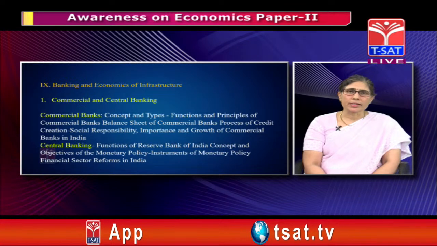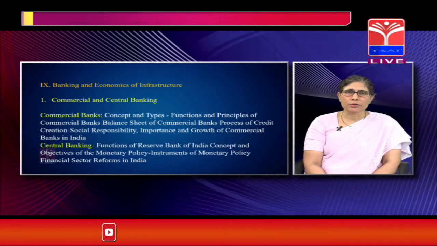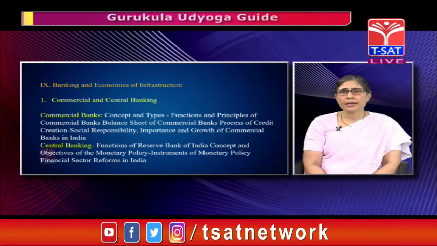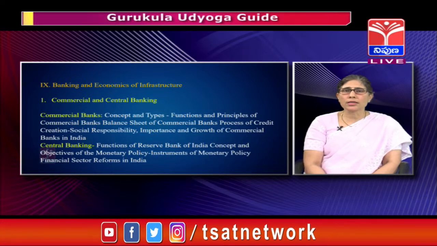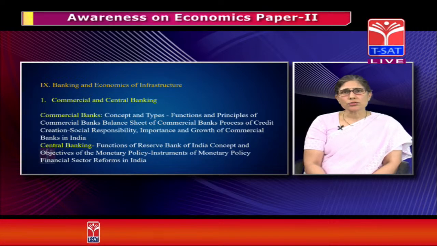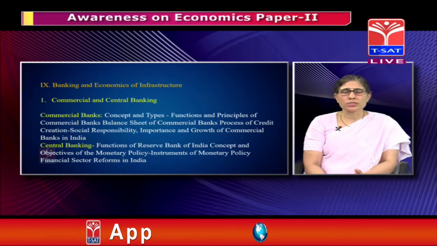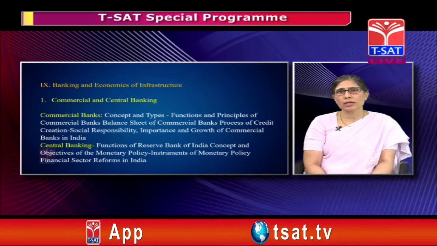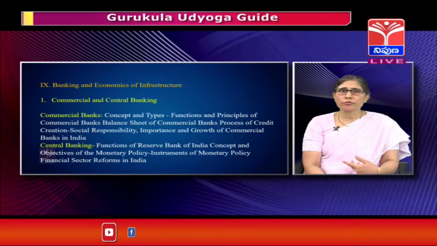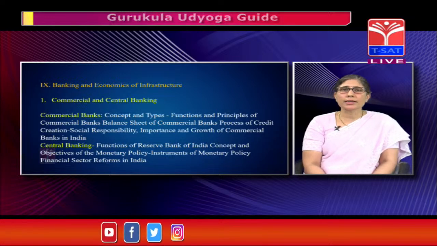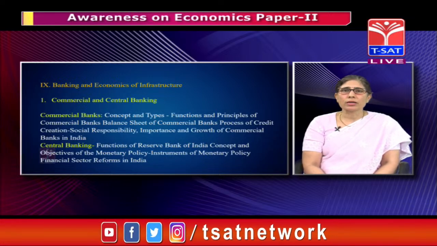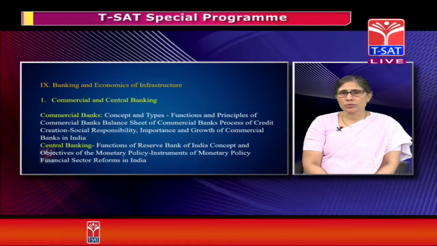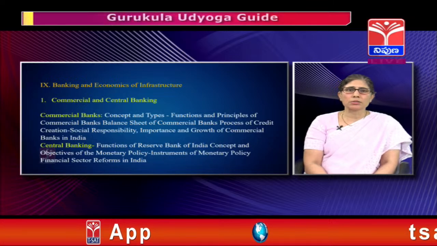And when they are providing this credit under different rates of interest, they are basically multiplying credit. The credit creation scheme of the commercial banks refers to the fact that when one deposit creates another deposit, which is used by the commercial banks for lending. So almost to the extent of 5 times of the deposits, the credit creation takes place when we combine all the commercial banks together. They also have various social responsibilities that they have to undertake as commercial banks in the